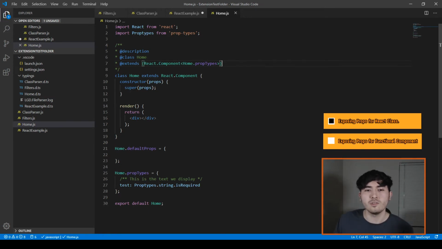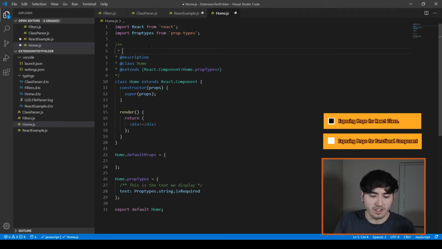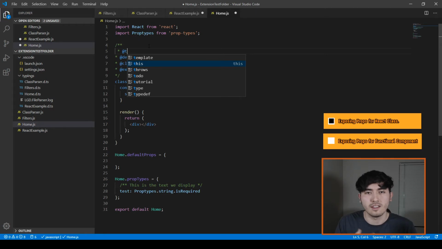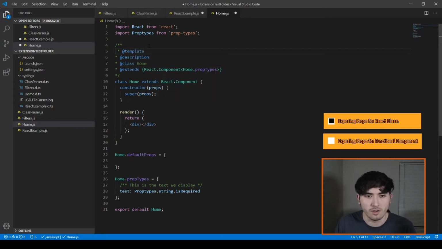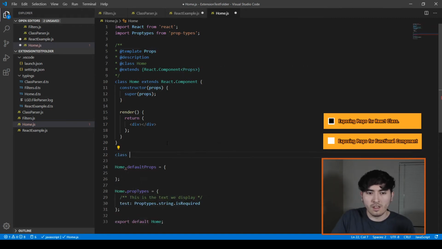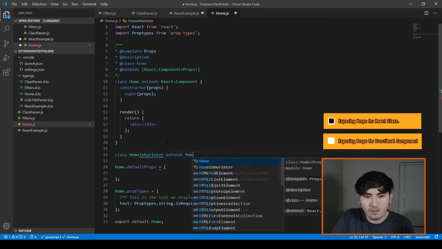And if you need to inherit this class later on, the home class, which you probably should never inherit home class. And in React, you typically do not want to inherit stuff. But let's say you have a class that you inherited because you've been doing React for a while and you didn't know before, you can pass a template like this, props, probably uppercase. And what you can do inside of here is just put prop, home, inheritor, home,